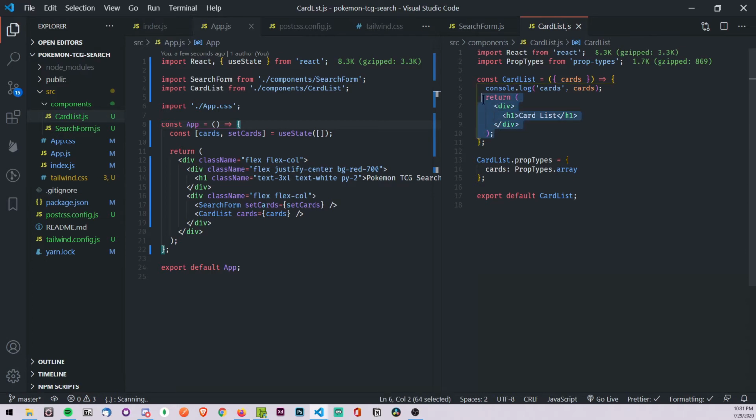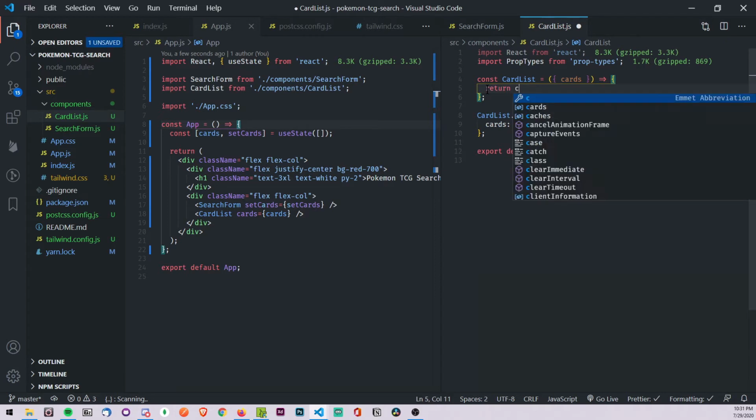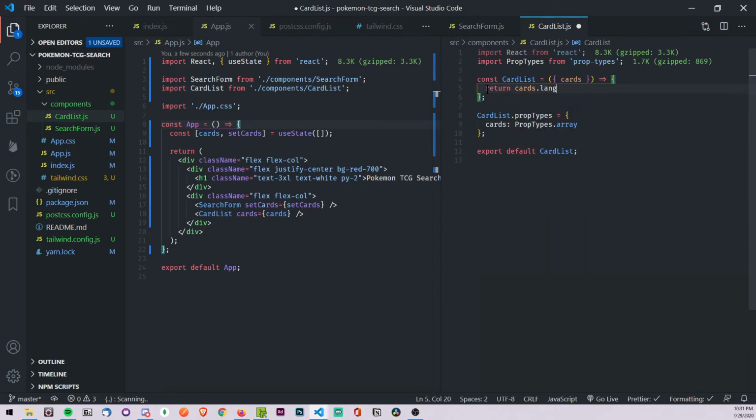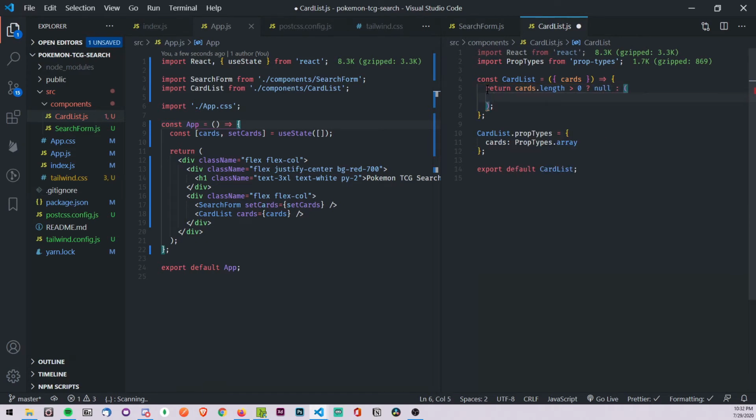So let's go ahead and erase everything. And we're going to say if cards.length is greater than 0, then we're going to put some JSX in there. Otherwise, we're going to put some other JSX, which is going to be no results. So let's do no results first, because it doesn't take any interpolation. So it doesn't get mad and stop yelling, I'm going to put a null right here, and then let's